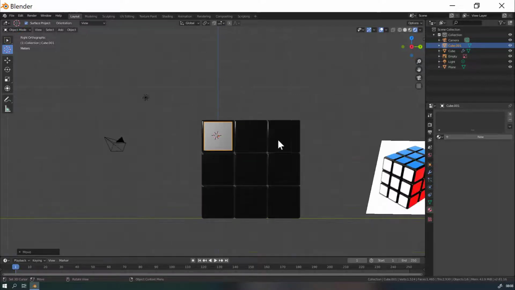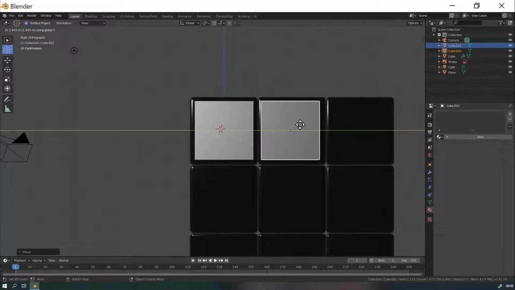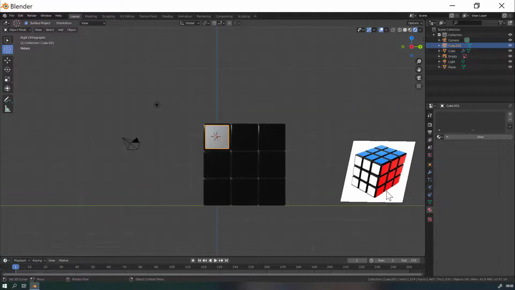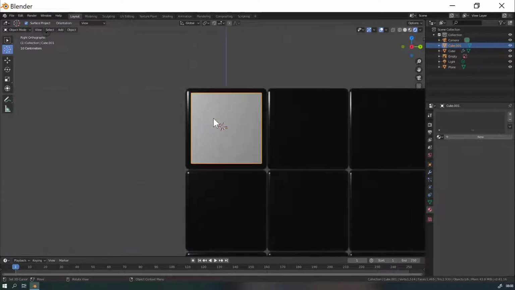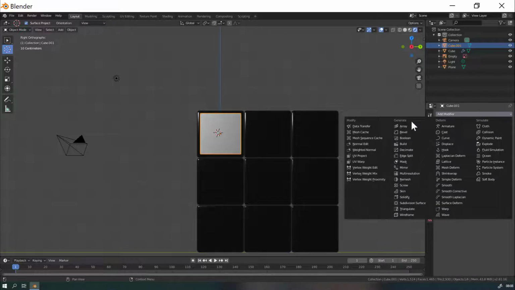What do we do with this? Well, we can duplicate this, so Shift and D duplicates it, go along the y-axis and select another one. We could do that, which would work, and we could end up with a bit of inconsistency because not every sticker is perfect on here. But to get it like a really basic start, if we do our array again, so if I go to array,